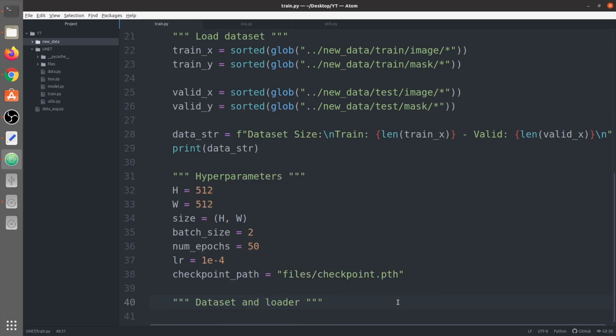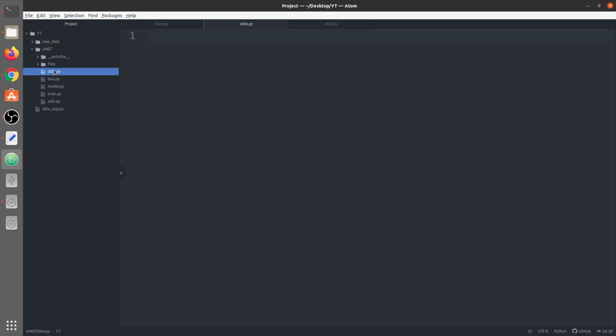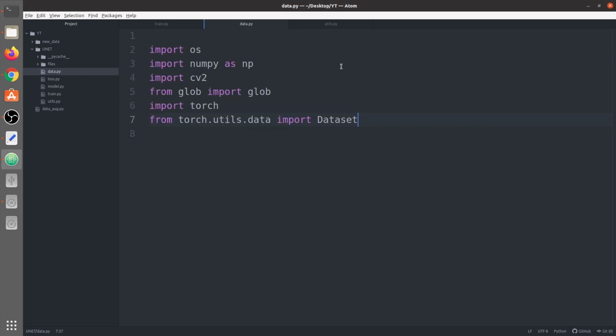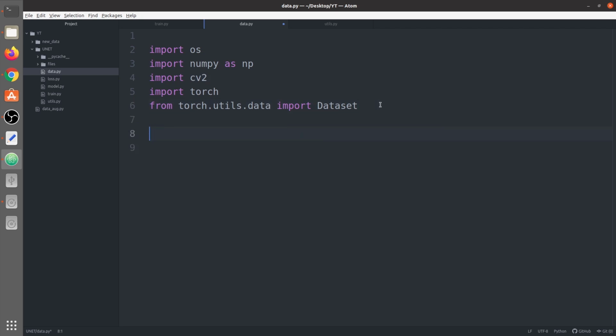Now we need to write some code within our data.py file. So let's start writing code here. We'll import some functions. I don't think we need glob here. So we start writing the DriveDataset. This is a class, DriveDataset. This DriveDataset class would help in building the data pipeline, which in turn helps us train the model.